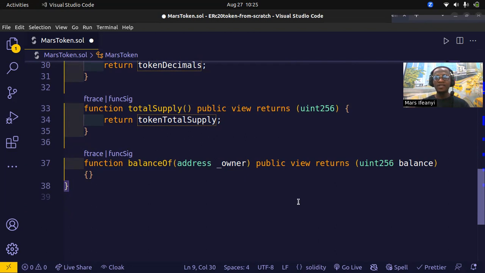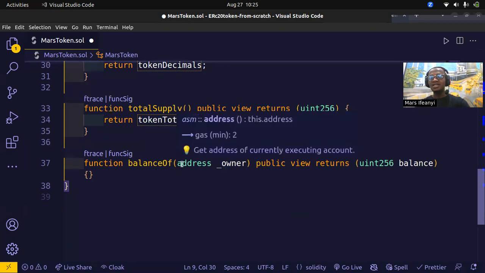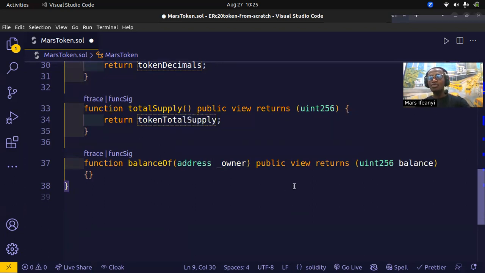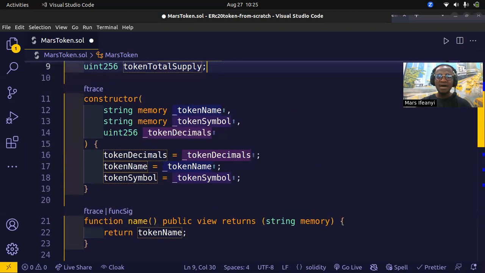Just like, take for instance, your phone: if your phone is locked, I need your password to be able to unlock it. Your password is the key to unlock your phone. So here, from the specification, an address is the key to know the amount or the balance of a particular address on this contract. So that means you are going to define a mapping